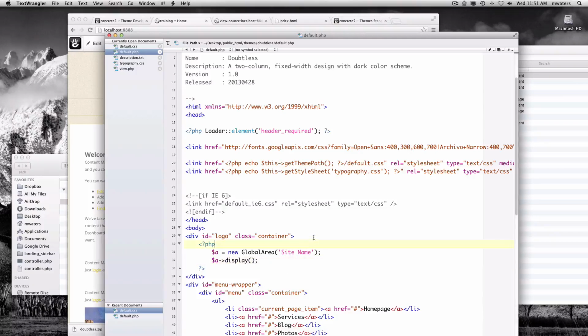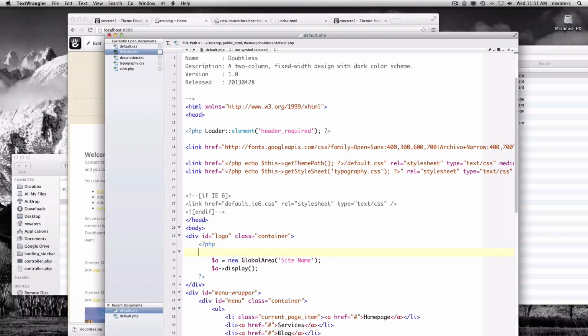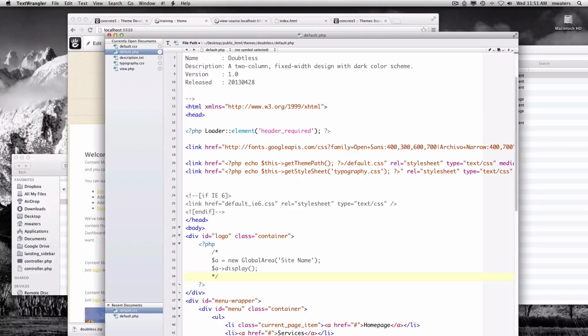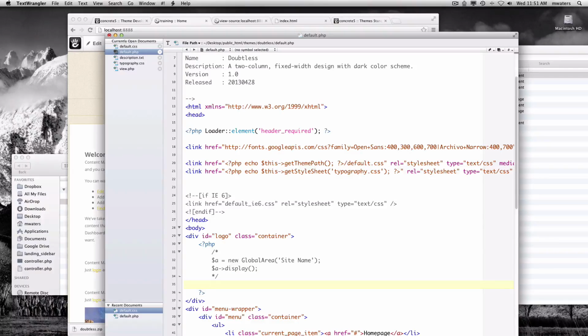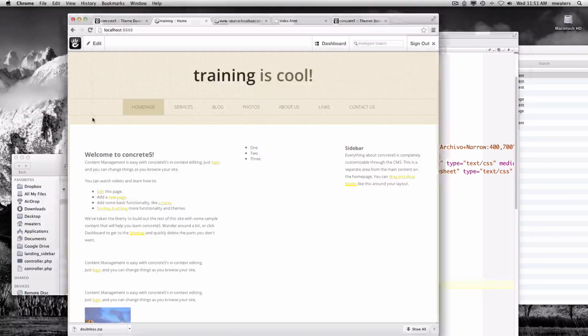Now, if you don't want to do something so complicated, you can also easily pull in the site name with some different code. So I'm going to comment out that global area right now just to disable it for a moment. And what I'm going to do is echo something else. So we have this global that you can use in your page types or in your themes. Anything that's like a reusable theme element or a page type, you can just echo out this global called site. And what this is going to do